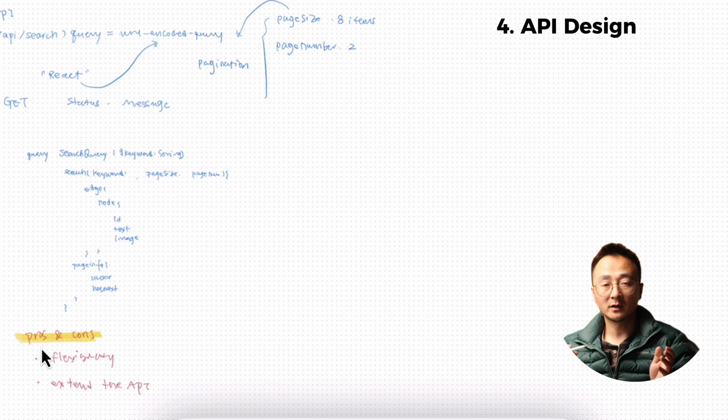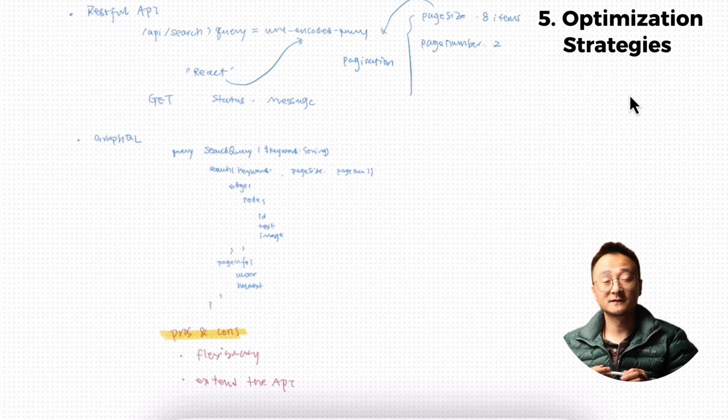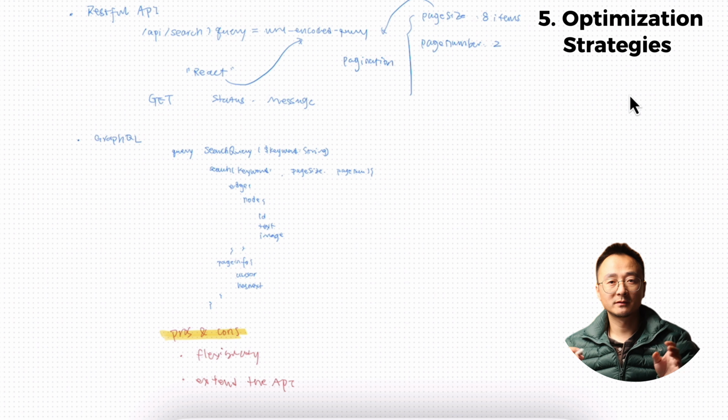And later on, when you have a stable network, you can resume the connection and get the response when you type. And last but definitely not the least is the optimization strategies. This is actually the most important part in the CCDAO framework, because everyone can talk about data shape, component design,